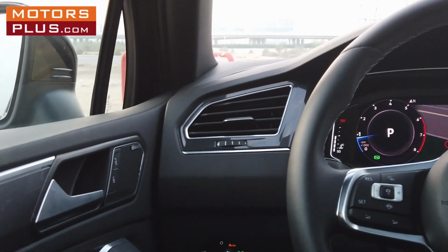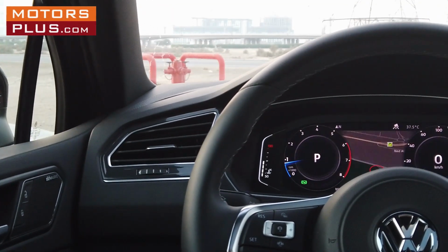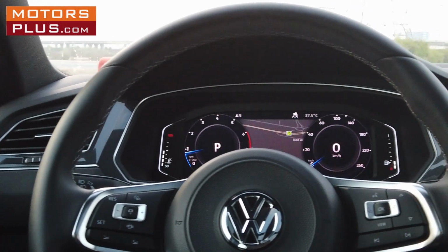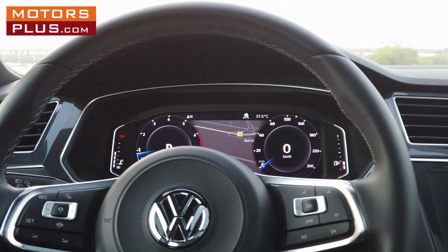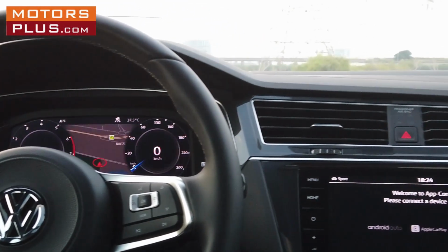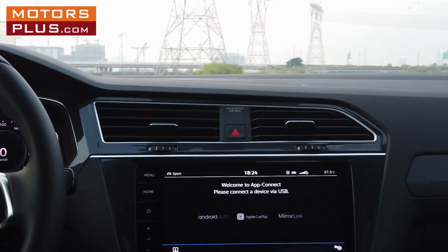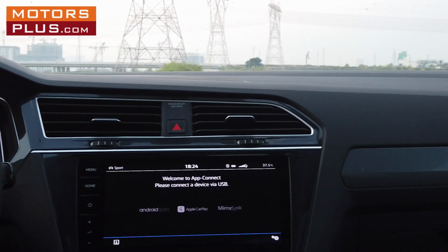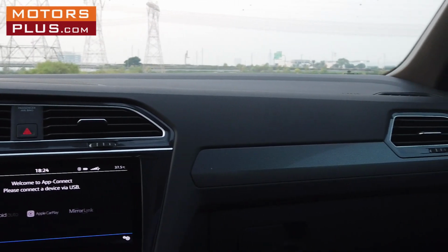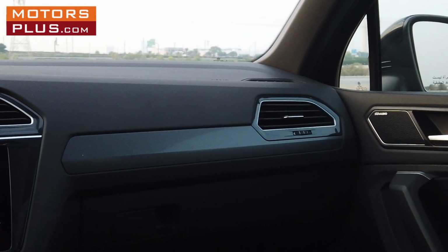Here we have the brilliant dials. They're all digital. You can change the information display in the middle, or you can make it bigger and make the dials smaller. It's customizable. There's really a lot you can do with it to fit your purposes. The materials right in front of you are very decent and very fitting for the type of premium sporty car that this is. Brilliant sound system,